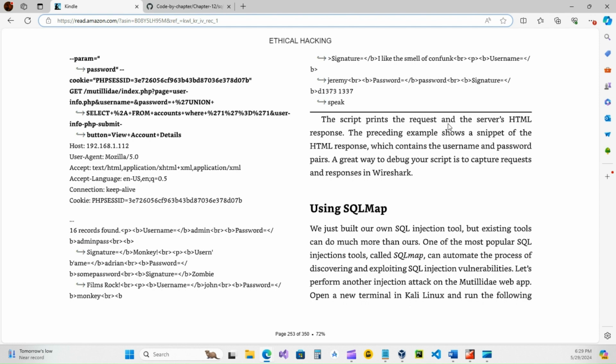The script prints the request and the server's HTML response. The preceding example shows a snippet of the HTML response, which contains the username and password pairs. A great way to debug your script is to capture requests and responses in